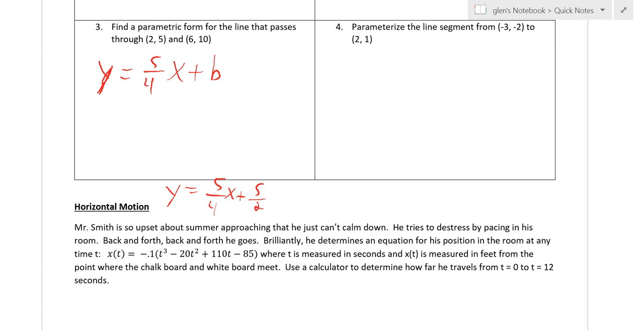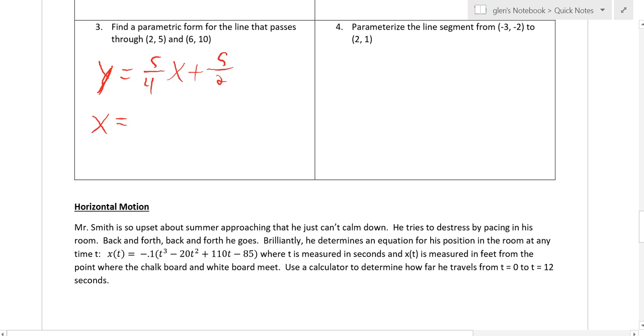That's fine, that'll work too. I like point slope form though because it doesn't require any algebra. You just got to simplify a little bit. But anyway, the answer is 5/4 x plus 5/2, but that's not really the answer we're looking for. I want that to be in parametric equations. So once I get that, I'm just going to say, great, let's let x equal t, and then y should just equal